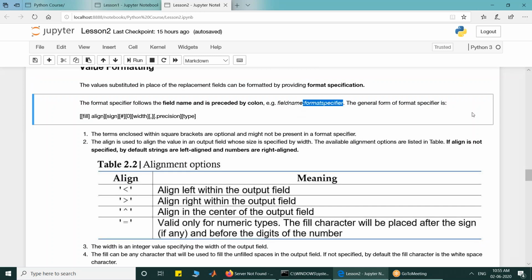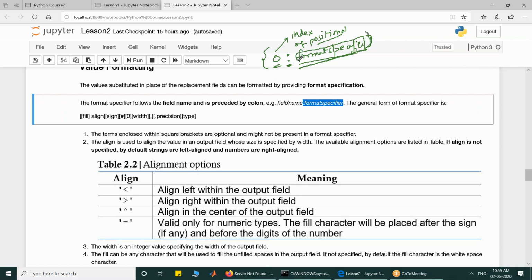So suppose I want to substitute, taking the value from my 0 field, I can write 0 colon format specifier. As I already told you, 0 is the index of the positional argument. Then we have to write colon, and then the format specifier.